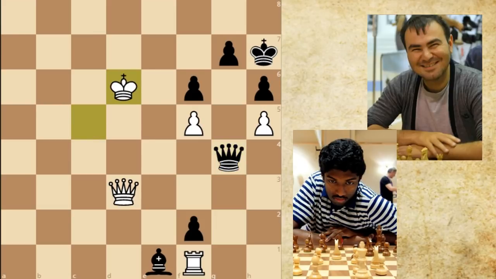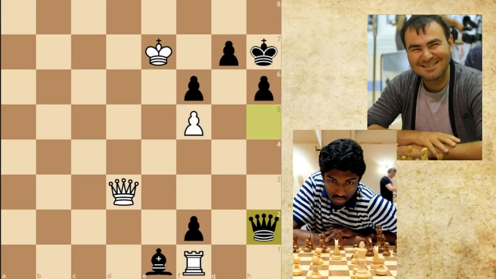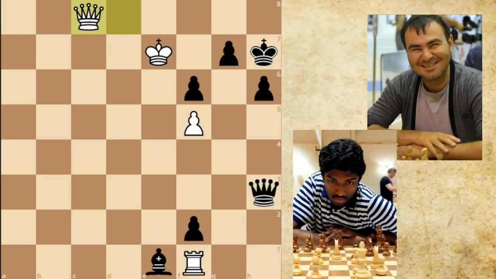Let's quickly go over the moves here. King started running, and now Shakh picked up the pawn on h5, comes back, attacking the rook, queen c8, otherwise queen takes f5, bishop to b4 check now, pushing the king back,